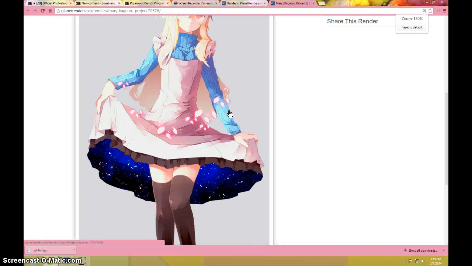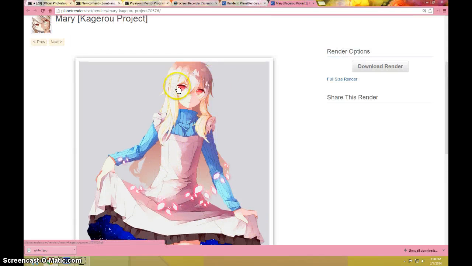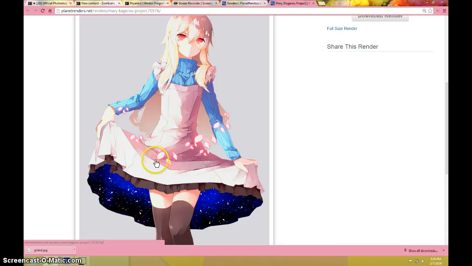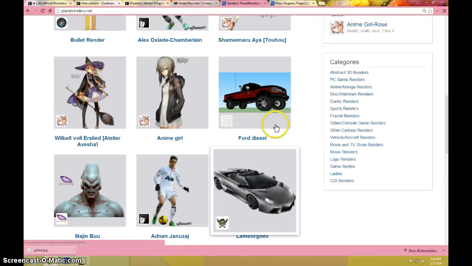It's overly lit up, but you can see the light is coming from the left-hand side because the right-hand side is all darker. So if you were doing lighting practice on this, the light source would be coming from somewhere here, and it would be pretty strong since she's pretty well lit. So you would go through, find a render you like,